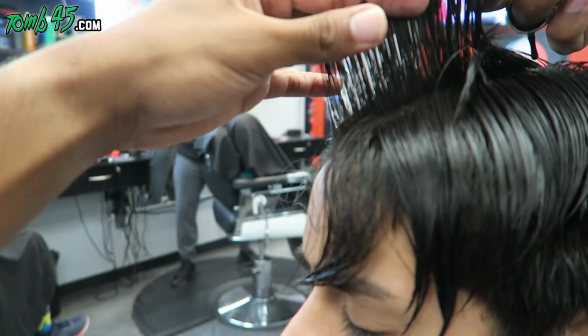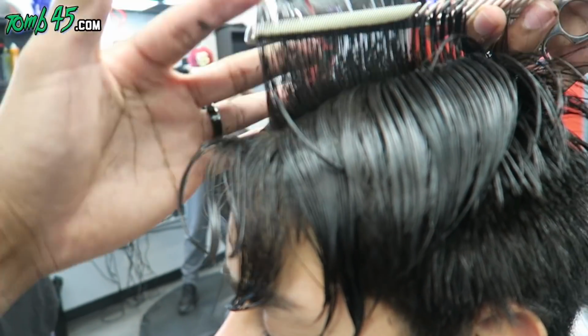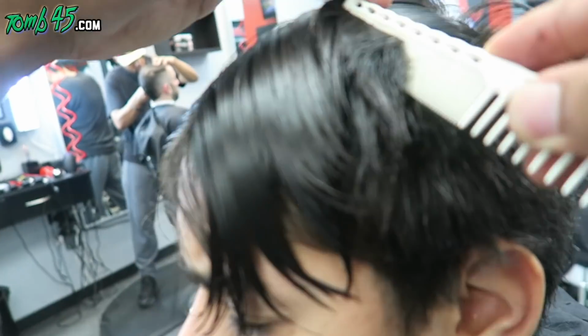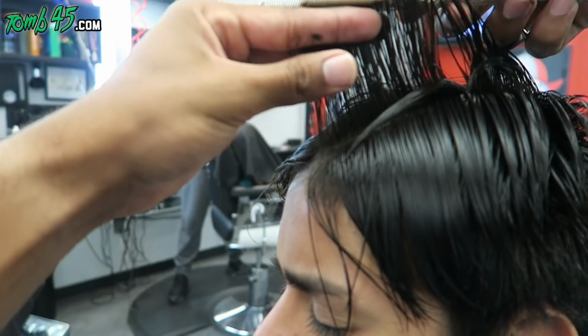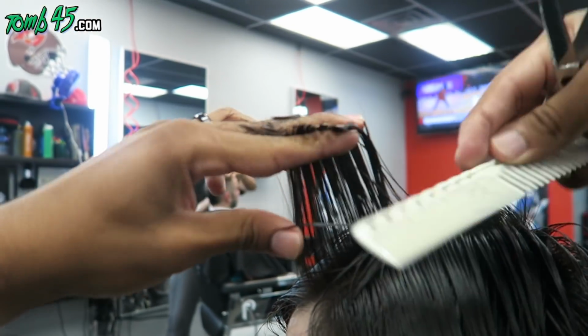So once we've cut the sides, we've done that on both sides, we're gonna go ahead and cut the top. And what I did was I created a profile parting right through the middle of the top of the head. We're gonna cut it to the desired length. We're gonna grab a section from that guideline, just a bit of it, and take a new section, and that'll be our